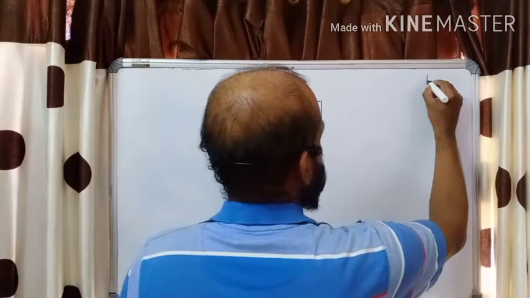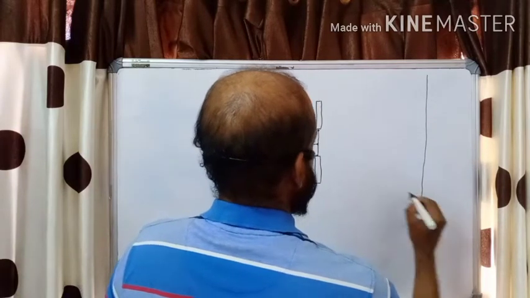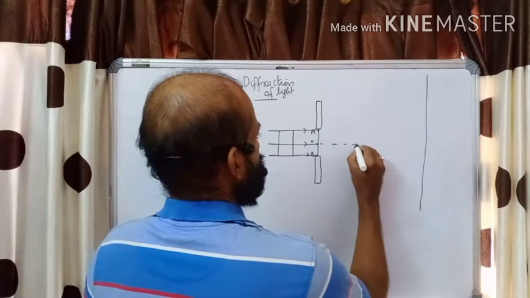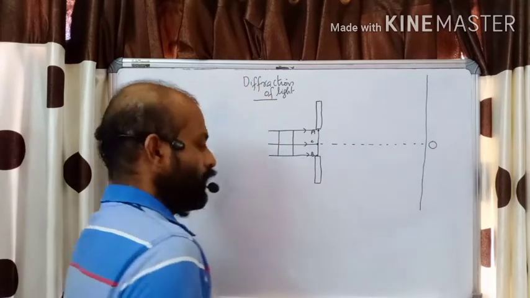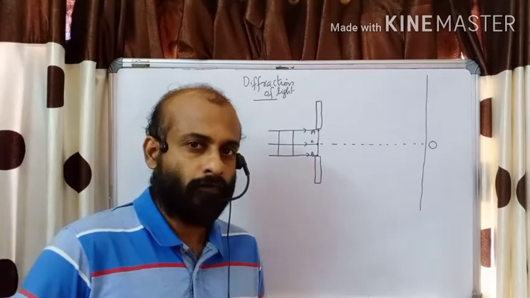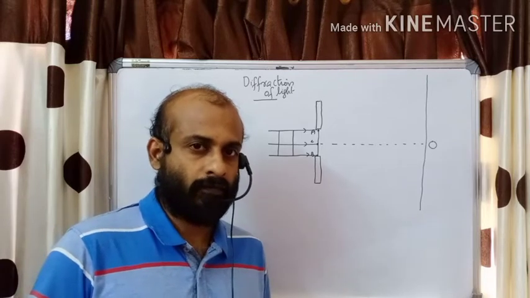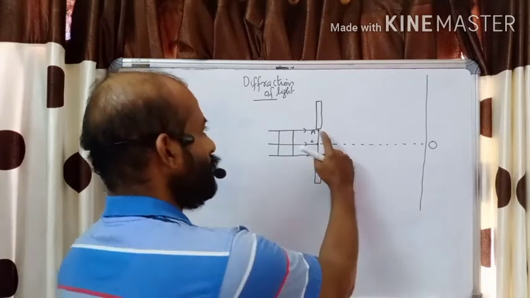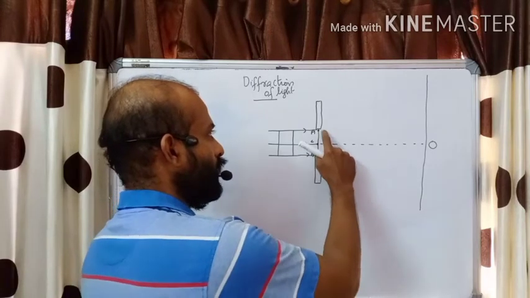And now this is a screen. A vertical screen we place here. Now let us choose the center of the screen. Let O be the center of the screen. Now according to Huygens principle, we know that each point on the wavefront acts as a source of secondary wavelets. They produce secondary wavelets. So wavelets from the points A, C, B, from all the points, can reach